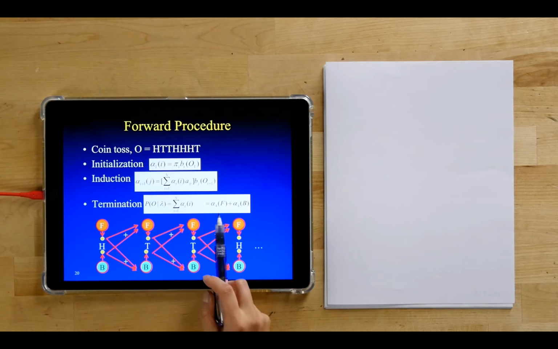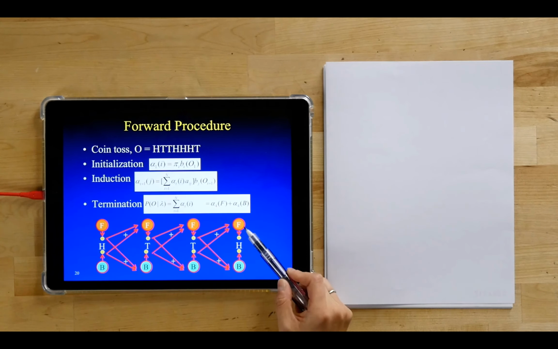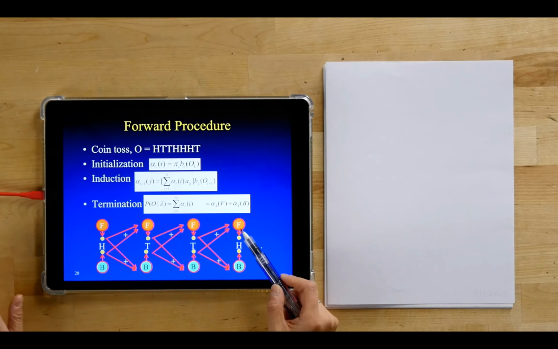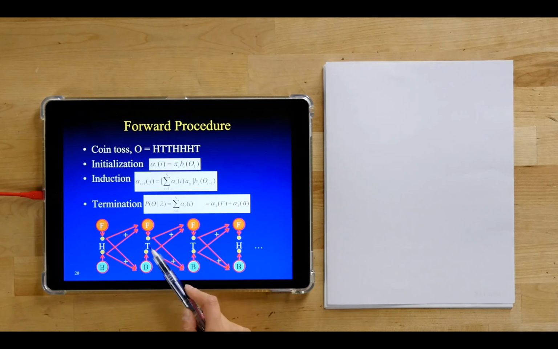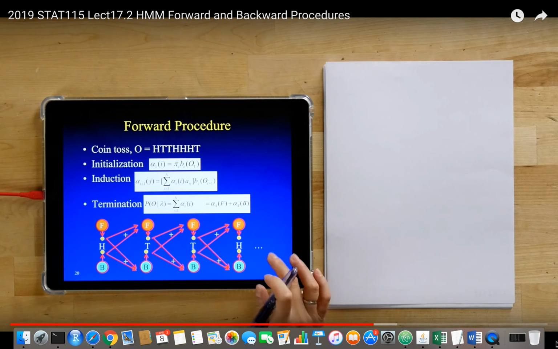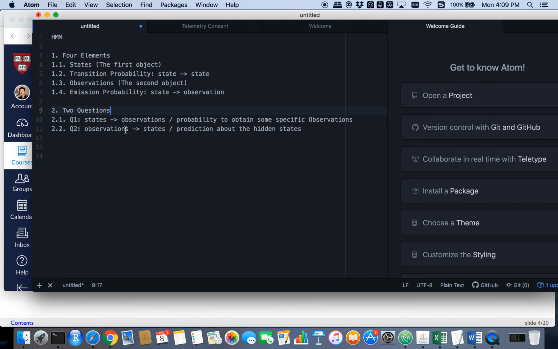Yeah, so you can see at the very end, you say, okay, I'm seeing a head now, and it either comes from a fair coin or a bias coin. So add these 2 numbers, and these numbers have already inherited all the previous numbers before to give me the probability of seeing head, tail, and everything before this coin, right? So that will give me a solution. That is the forward procedure. So the forward procedure is for answering the first question. That is, given a specific state, what's the probability that we could observe some specific observations. So this is called the forward